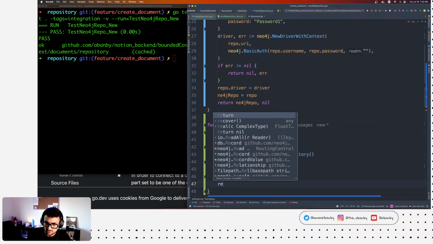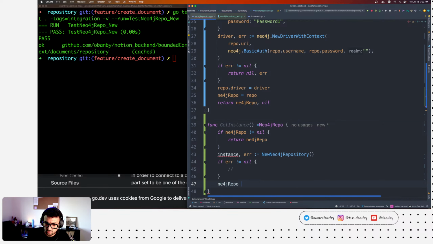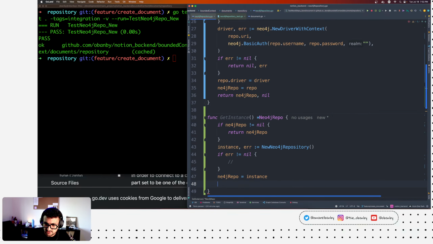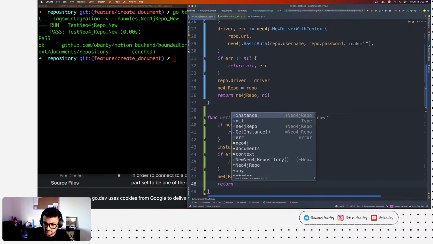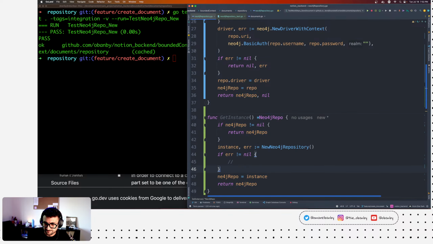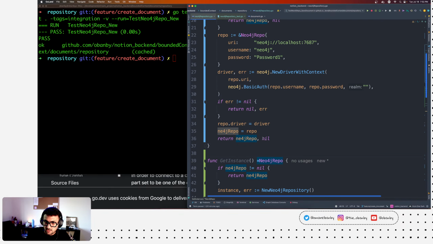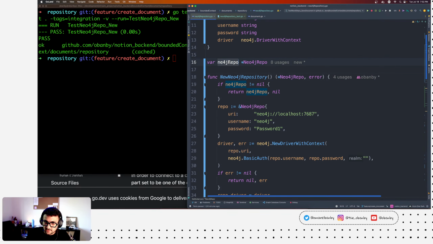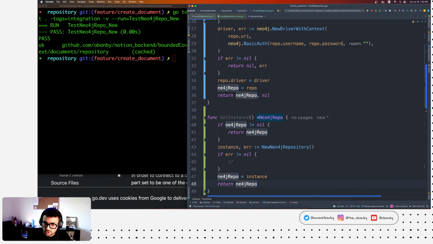Then you say Neo4j repo is equal to the instance, and you return the Neo4j repo, right? Also, I discovered that using this Neo4j repo word will be confusing in explaining things because we're also working in the Neo4j repo. So time to rename this to instance.